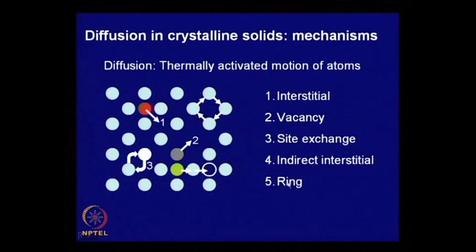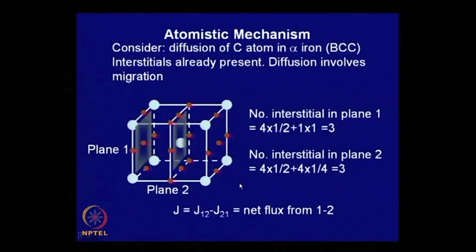There is also a mechanism called the ring mechanism, that means atoms can exchange like this, an extension of this site exchange, and here the movement is like this. But out of these we will see that a lot of experiments have been done, and it looks like vacancy and interstitial movements are possibly the mechanisms which can explain many of the phenomena of diffusion. Now, let us look at